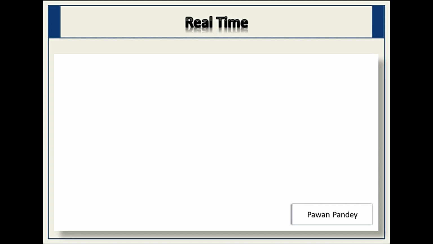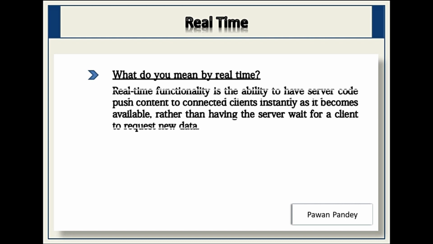At this point, one question comes to your mind: what do you mean by real-time functionality? So real-time functionality is the ability of server code to push content to connected clients instantly as it becomes available on the server. For example, if multiple users are going to use a web-based application from different locations and all users need all updates on the server that have been done by other users,